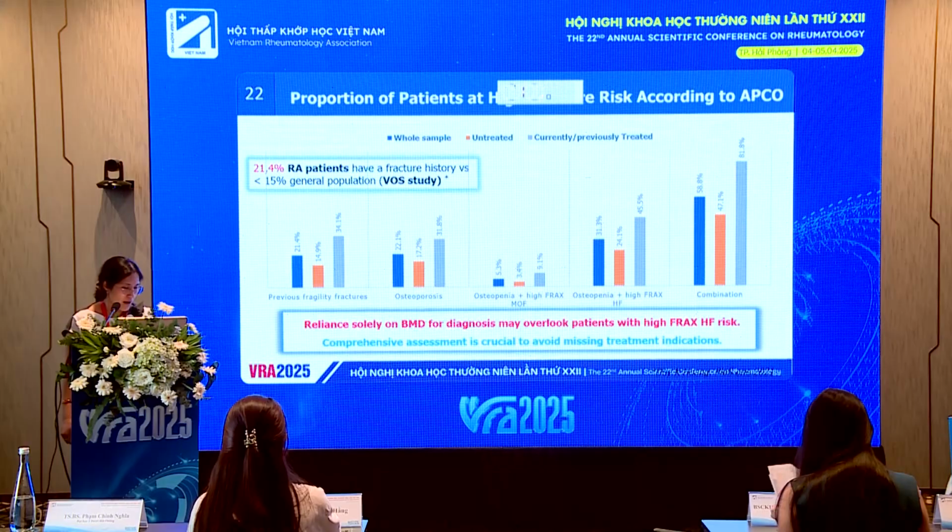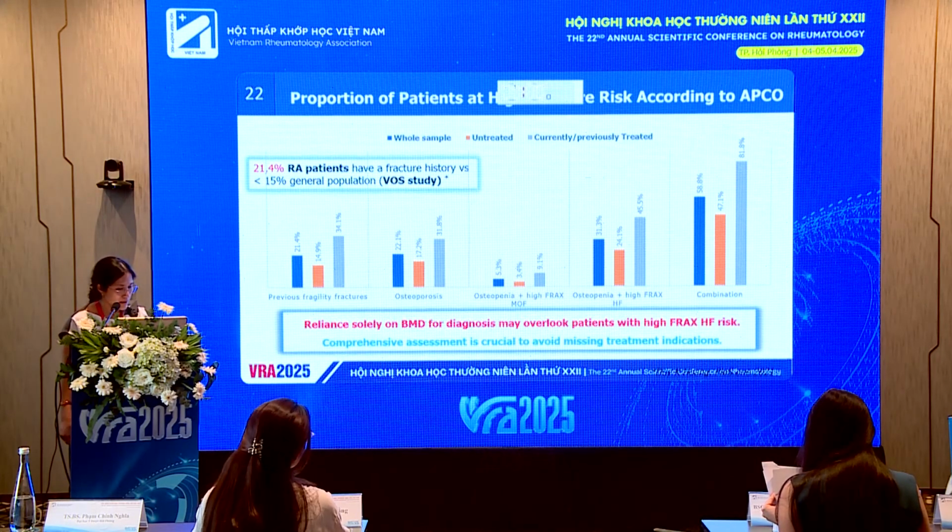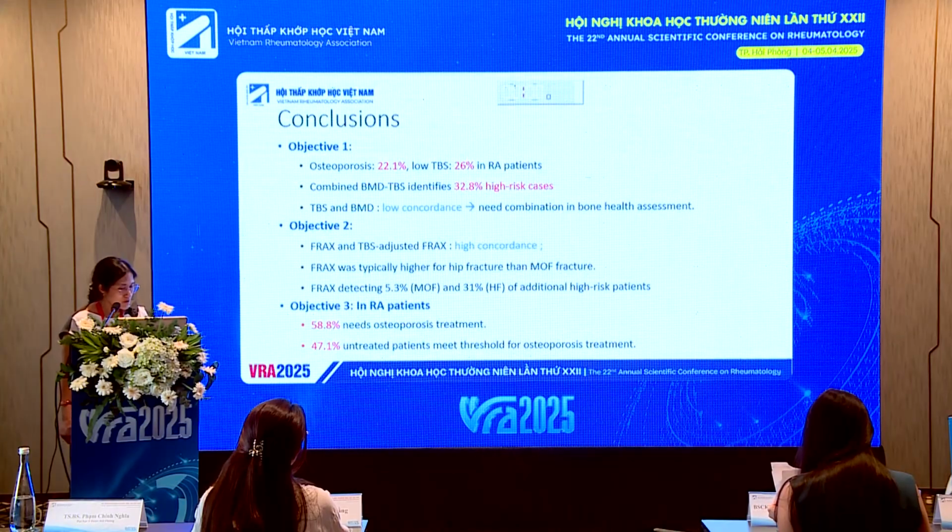That is also considered high risk for fracture too. And also the combination. In our studies, more than half of patients have an indication for treatment, and even in the group of untreated patients, in the middle, the color yellow, we have 47% of patients who need treatment. So, conclusion: osteoporosis in our study is 22%, low TBS 26%, combined,